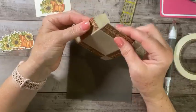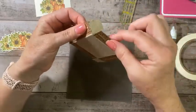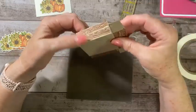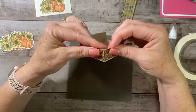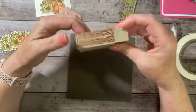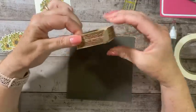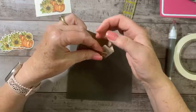So we're going to take this and we're going to put the folded edge to the cut edge. Okay, we're going to do that on all four sides. This is one of the easiest boxes you'll ever make. Okay,